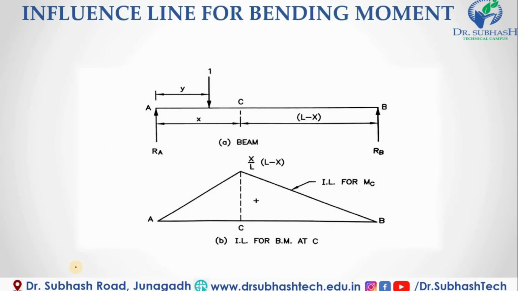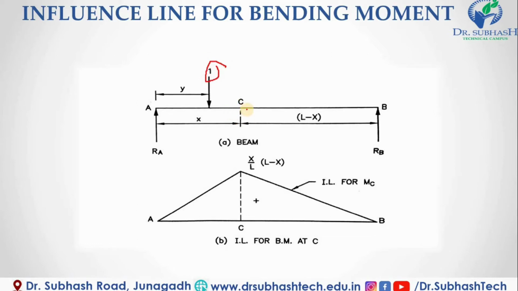Now with the same beam, we have to draw the bending moment diagram at C. You have to remember that in our first lecture I drew one sample of reaction at A, reaction at B, shear force and bending moment. Now in this lecture, this is the explanation of how we draw the reaction, shear force and bending moment. Now the same beam is considered A to B, where x is given to section C, so the remaining is L minus x.